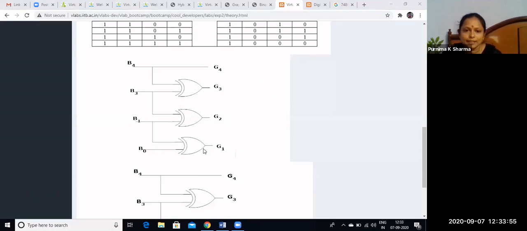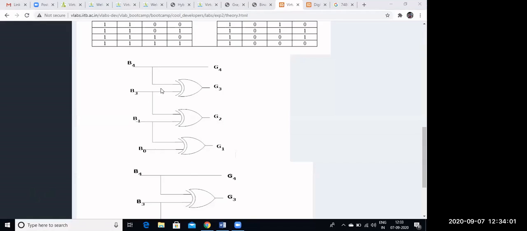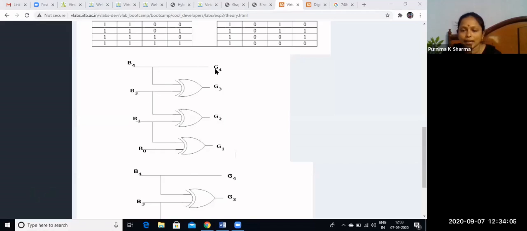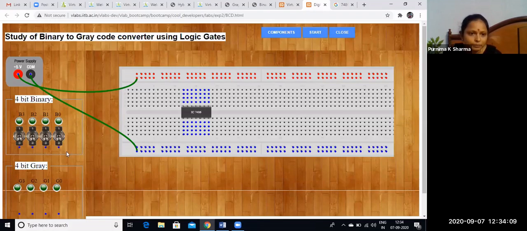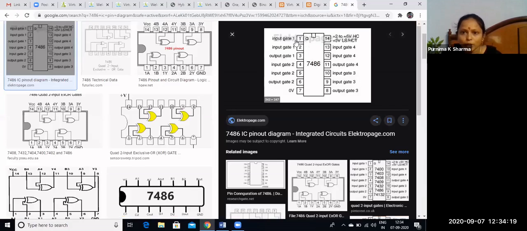Now you can see the XOR gates. B0, B1 to the first XOR gate. B1, B2 to the second XOR gate. B3, B4 to the third XOR gate. B4 as it is, we'll take it as G4. Now I'll connect the same thing here. B0, we know the first pin we can connect. See, 1, 2 are the inputs and 3 is the output.